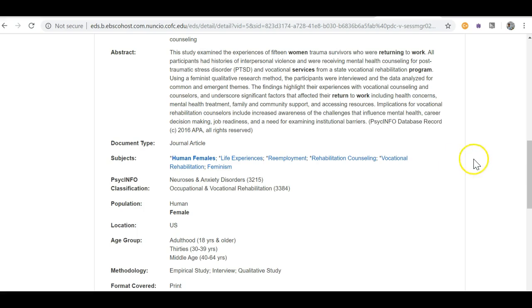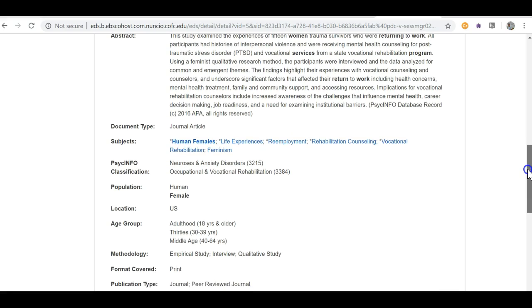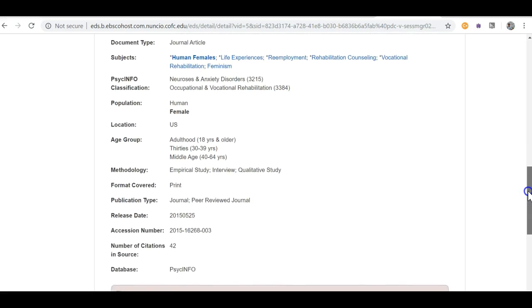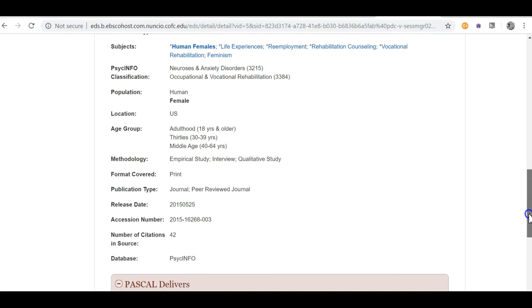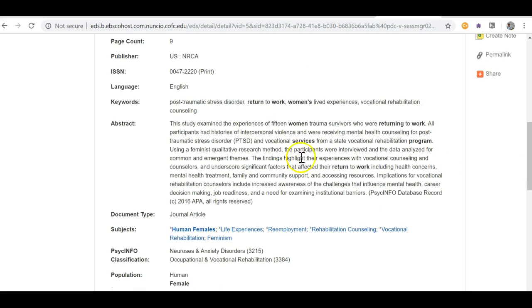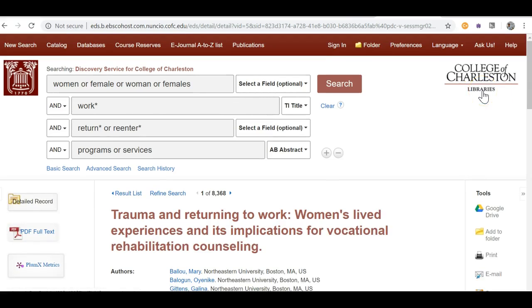And through doing this research, they have emerged. So we can go back and try some of those keywords and see if they get us even more relevant articles. And then if we scroll down even further, we can see this particular article came from the database PsycInfo. And so at this point, we might think, oh, well, maybe I really want to take a kind of psychological approach to this and really focus on women that have been out of the workforce because of different trauma that they've experienced. So at this point, we could keep going here with the Discover service, or we could go back